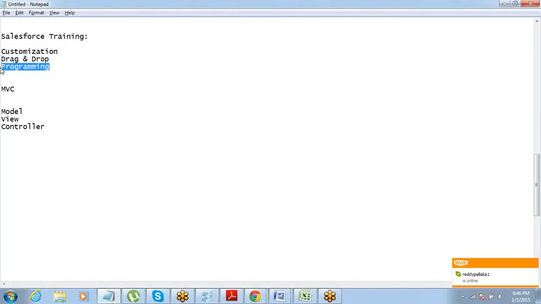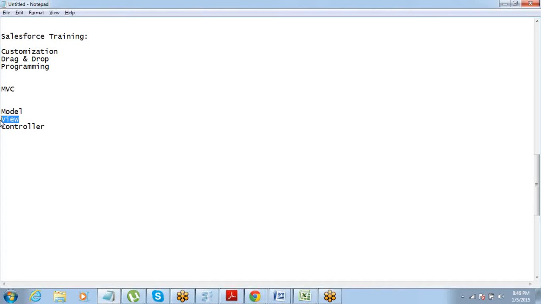So when you start doing the customization using programming, again it's going to be a matter of the view and the controller customization, right? Model is anyhow data model, so you don't have anything to do with the programming part there. But you will be working more on the view and controller customization with programming. And at this point of time, we are still learning how to do the customization using drag and drop tools with Salesforce, right? So last session was pretty much towards what level of customizations we can do in terms of the page layout or the interface that the user gets to see, right?